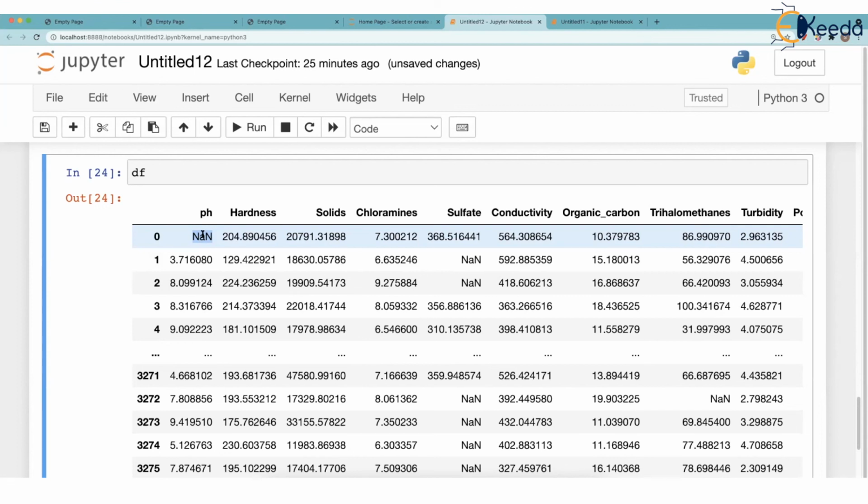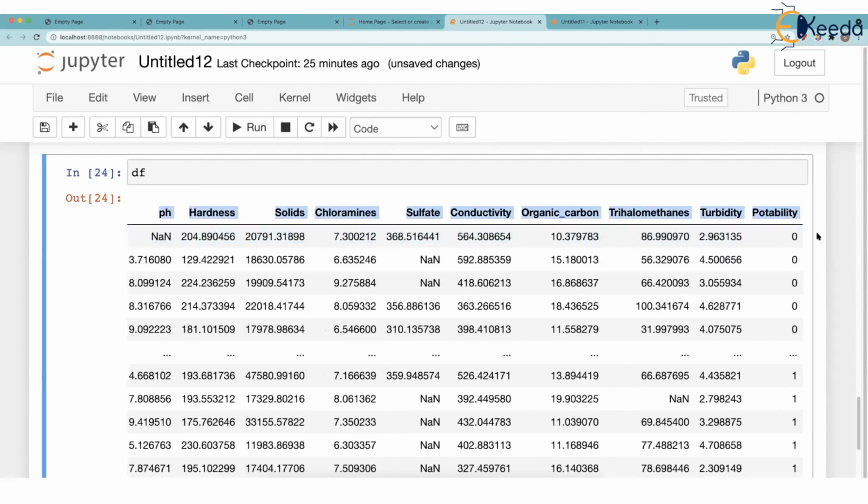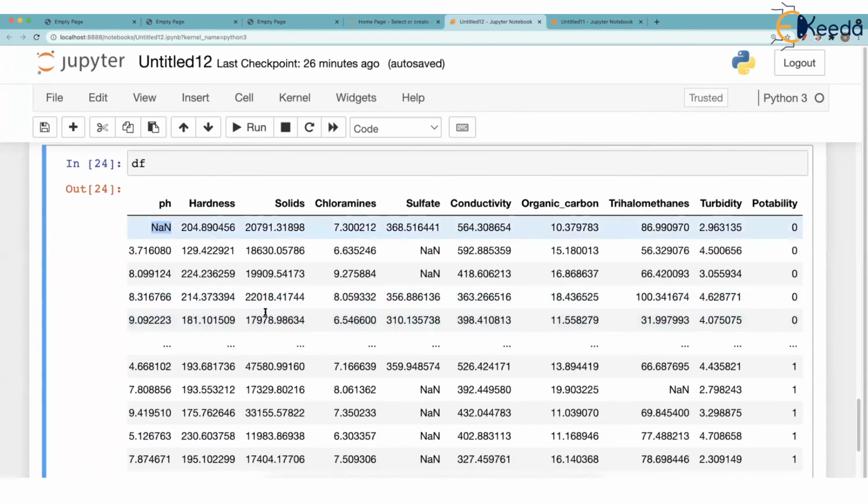They are not going to contribute anything for our machine learning. For machine learning algorithms, you should have some value over here along with all other values in that row. So what we have to do as a machine learning engineer is deal with these null values. The person who entered the data has made a miserable mistake, but we cannot continue writing a program with null values in our data.